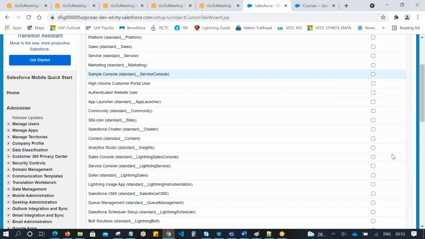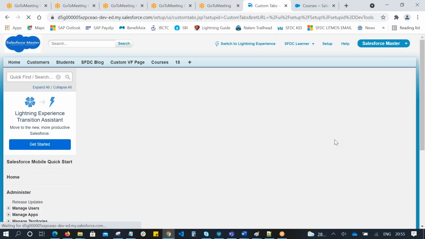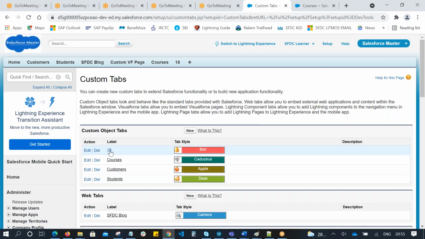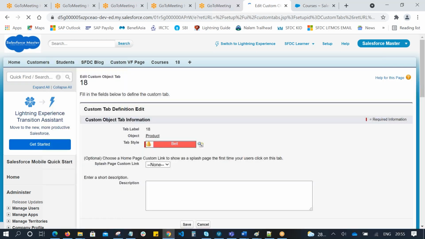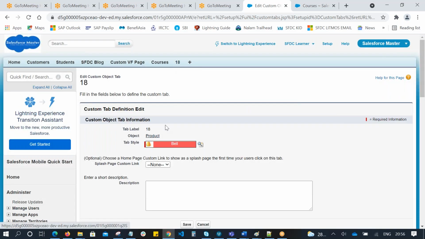So to give access to only these two applications, two custom applications, and save. Default it takes 18. So you have to modify this.